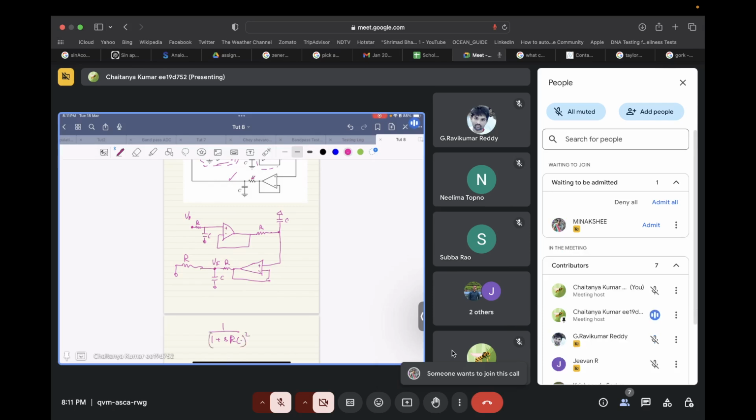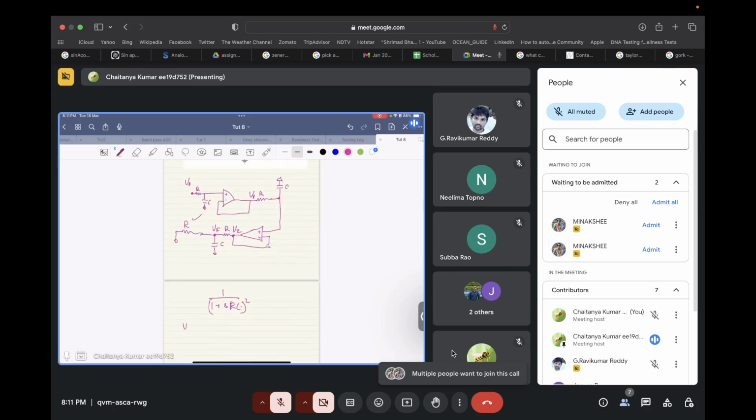And the third one won't exactly give the pole at 1 upon 1 plus SRC, because we have a resistor in parallel with the capacitor. So the transfer function, let's call this V2, VF by V2 will be,